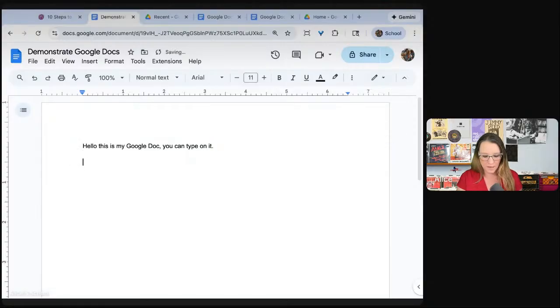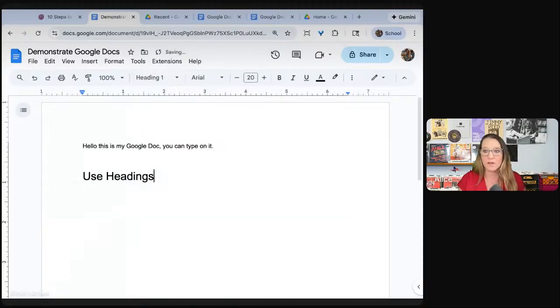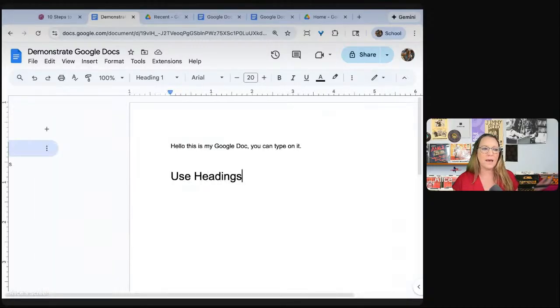But the tip here is you want to use headings. Now up in the toolbar, it says normal text. That is your default. If you have never clicked on this, I would highly recommend that you check this out and use it more often, and use Heading 1. This makes your documents more accessible for screen readers and also automatically organizes your Google Doc. So now here on the left, when I expand out the sidebar, you can see that it says use headings